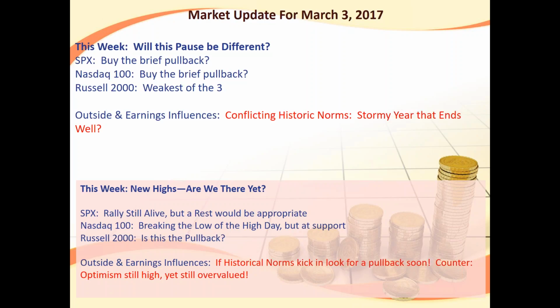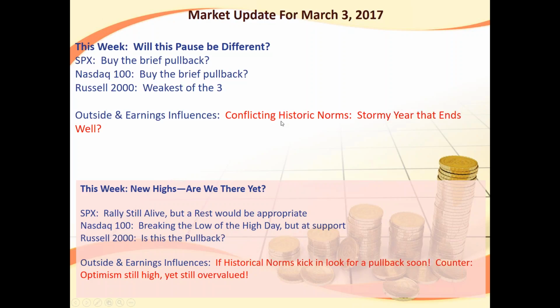The Russell tends, during the first 3 months of the year, to be a little bit weaker or to move sideways compared to the other indices. We want to keep in mind that come the October time frame, if we get a good strong pullback in the Russell, and even if we don't, the October and first part of November timeframe is typically when the Russell really takes off and does well. It normally outperforms the S&P during the last 2.5 to 3 months of the year. So we're going to want to be able to catch up on that this year.